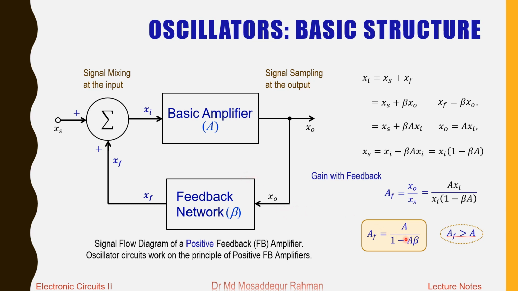In the negative feedback amplifier we had 1 plus A beta, and the gain with feedback was always less than the gain of the basic amplifier. But with positive feedback in this feedback network, it is possible to get a gain higher than the gain of the basic amplifier. So we can have an increased gain,